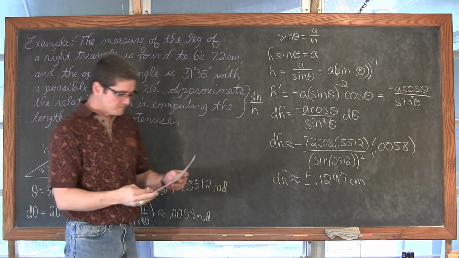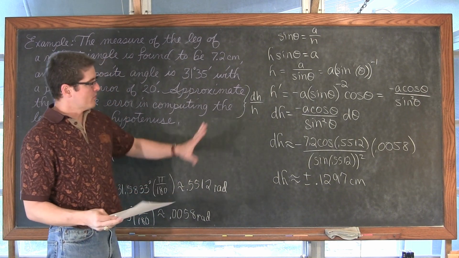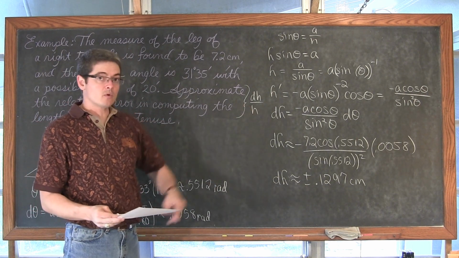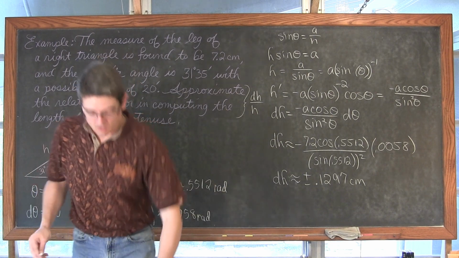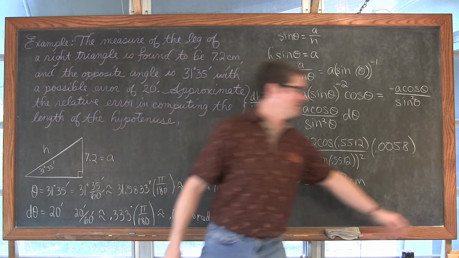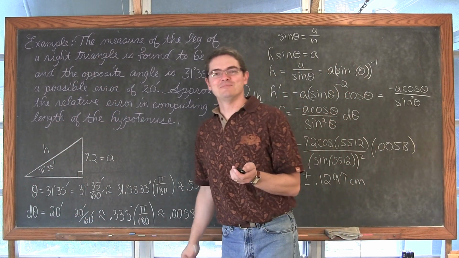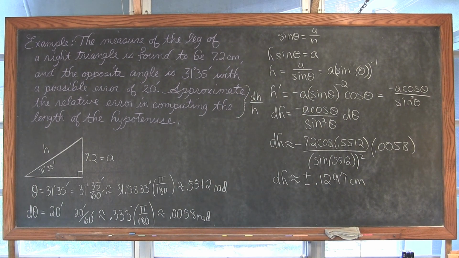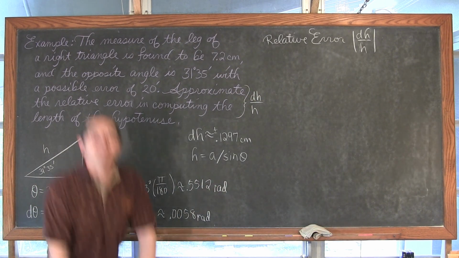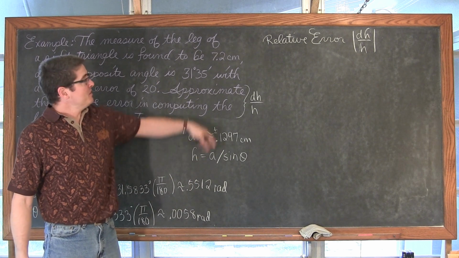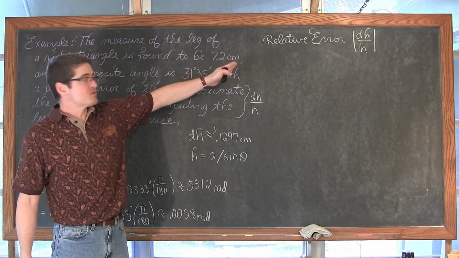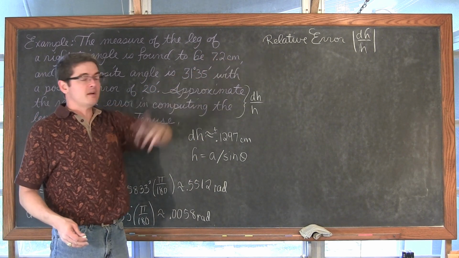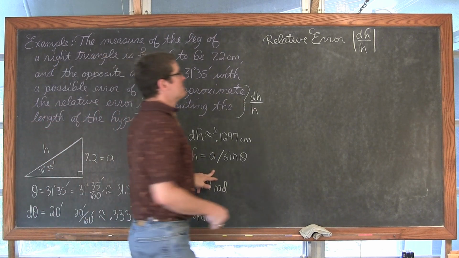Now, I'm kind of out of room, so let me pause the video, erase this stuff, and we're going to set up to find our relative error, or the percent of error, in the length of the hypotenuse. We got that DH value, our relative error. Again, DH over H, you could do plus or minus, you could do absolute value, just get a positive percent. Comes out to be